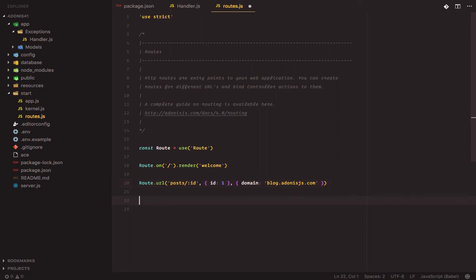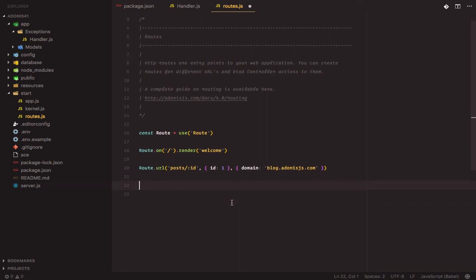A major improvement in AdonisJs 4.1 is done in the validator provider, which now uses the latest version of indicative. There are little changes to the validator provider due to the API changes done in indicative. So let's go over these changes. First, there is no concept of named formatters anymore. If we want to use a pre-existing formatter, we have to pass it as a reference instead of passing its name. For instance, previously we would do